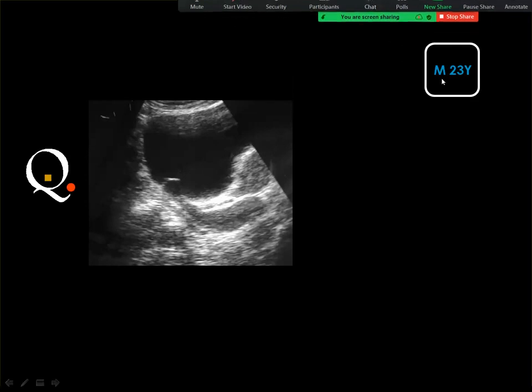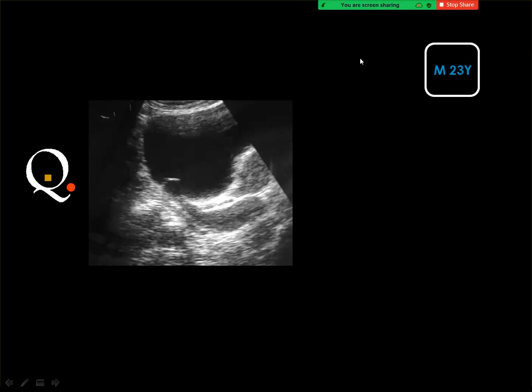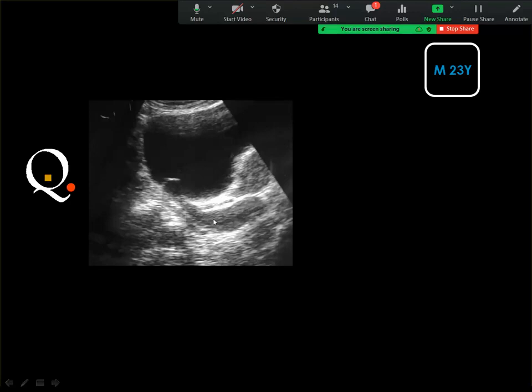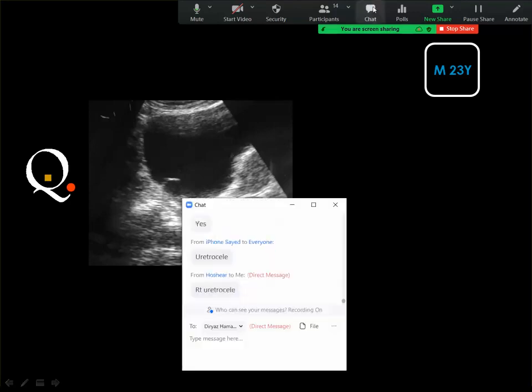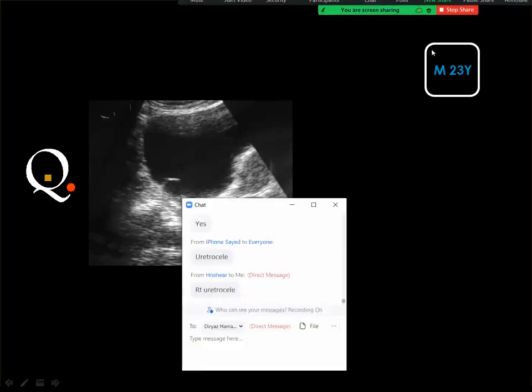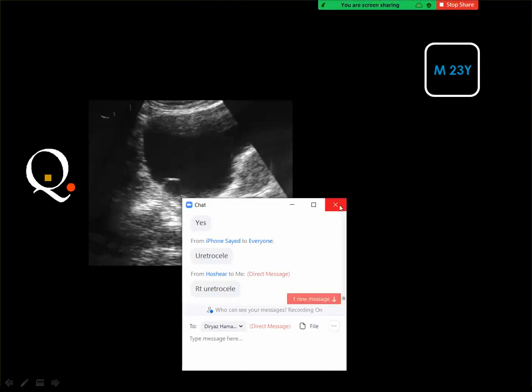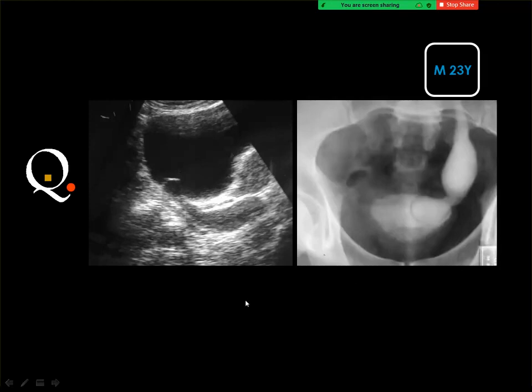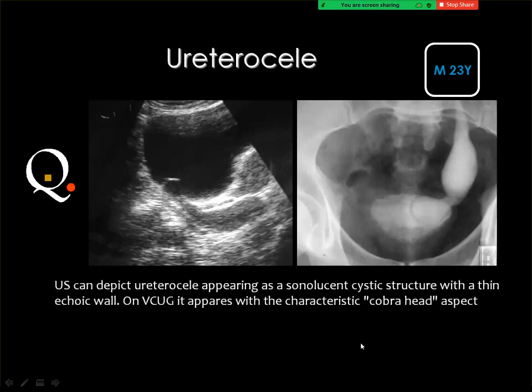This is a male, 23 years old, with a finding on ultrasound. This is the urinary bladder, and this is the distal part of the ureter. What do you think? Yes, very good. This is ureterocele. The answer is right, and this is the appearance on excretory urography. The ureter is markedly dilated with a cobra head appearance in the urinary bladder, diagnostic of